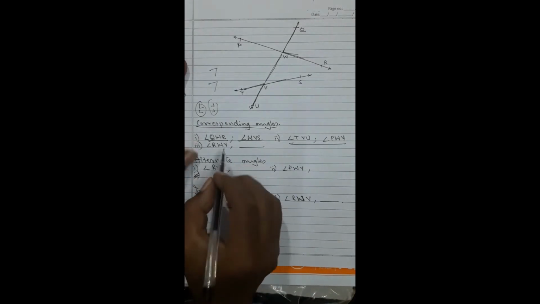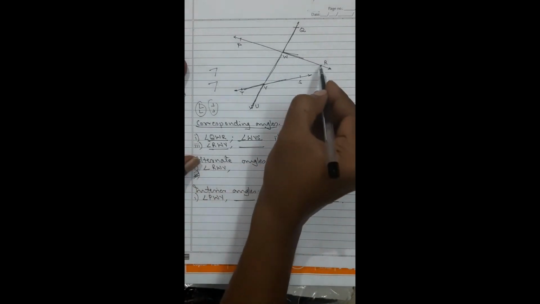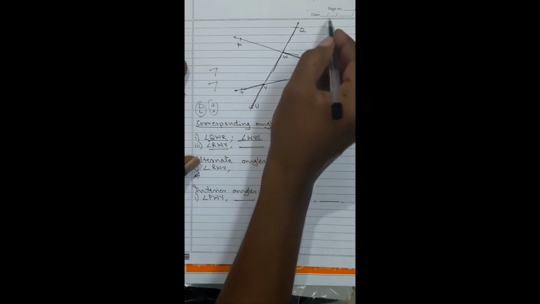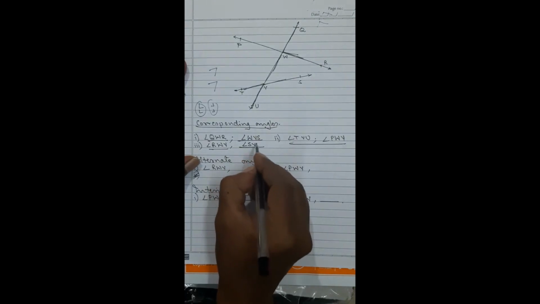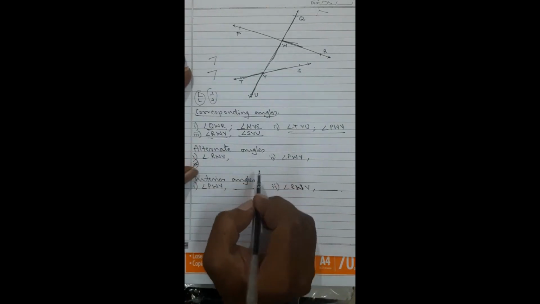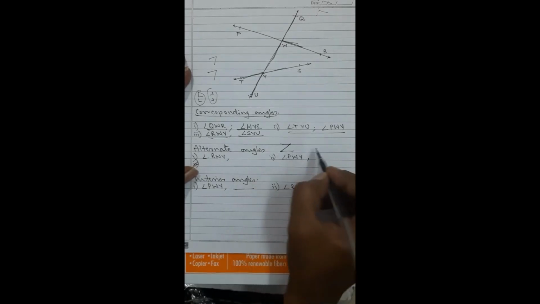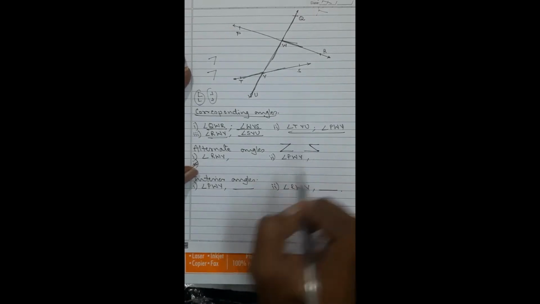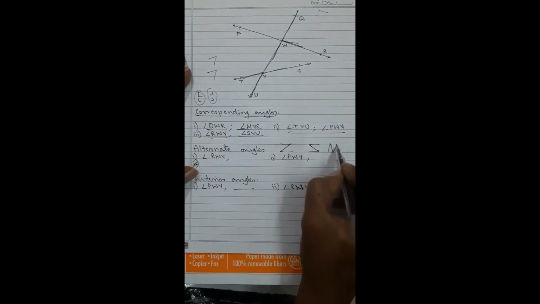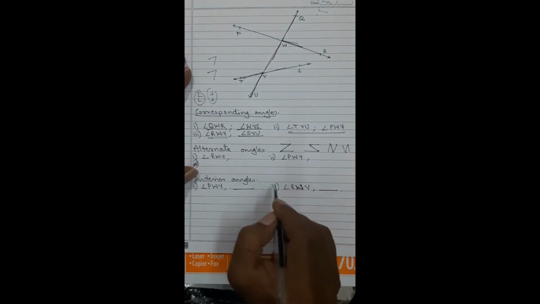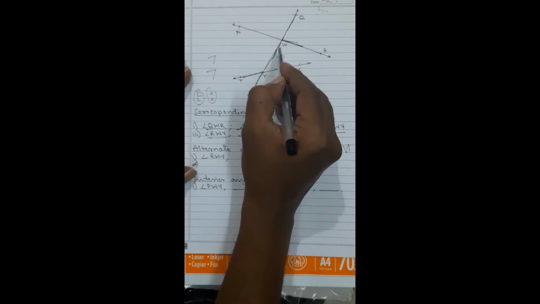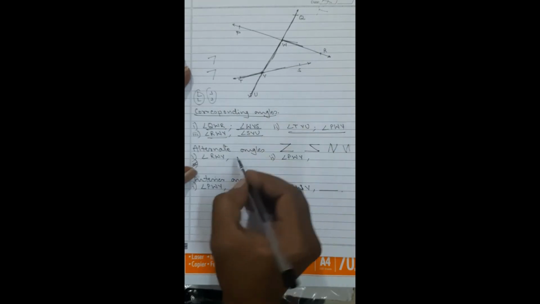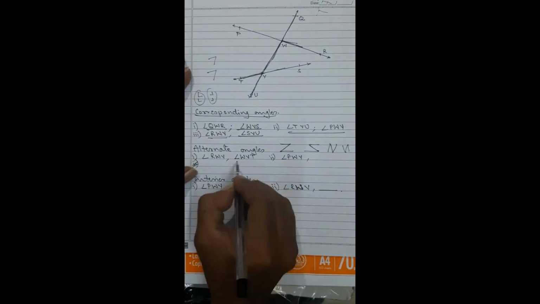Remember, they are corresponding to each other. Angle RWV is going in this fashion, something of this sort, so I will have to go down and search for this. That will be angle SVU. Then alternate angles are always making a Z in this fashion, or it can be of this fashion. Of course, it can be even like this. So angle RWV: now it is going from here. To complete the Z, I will go back to W, angle WVT.